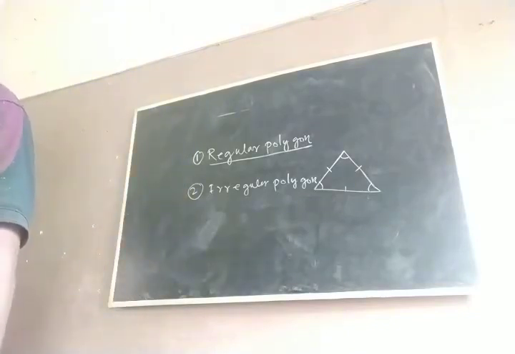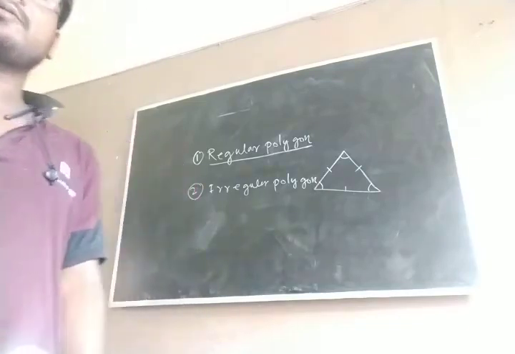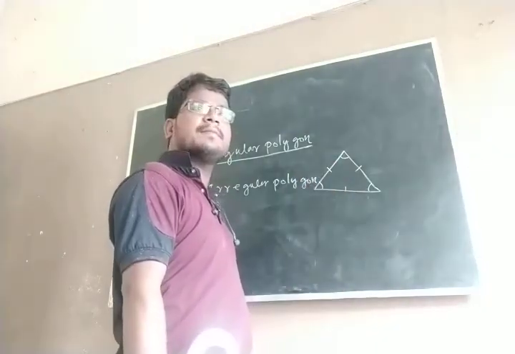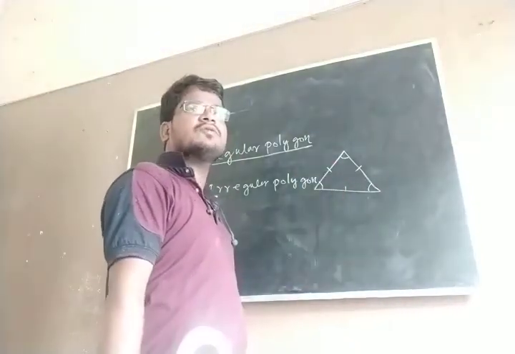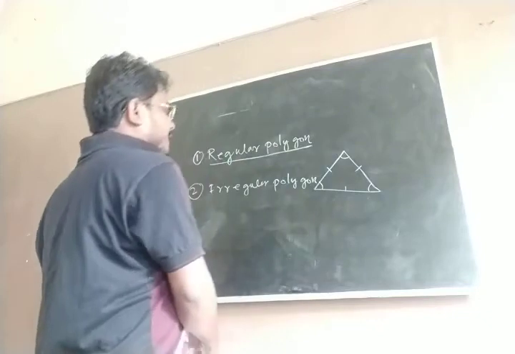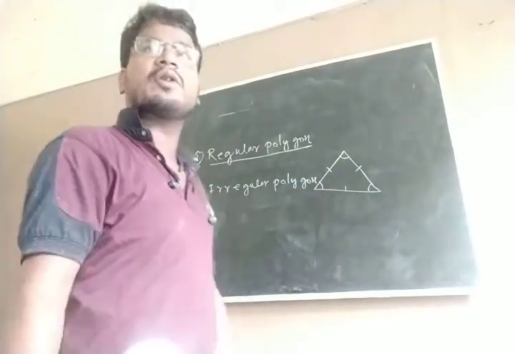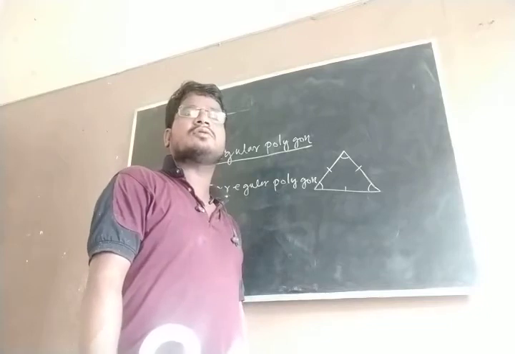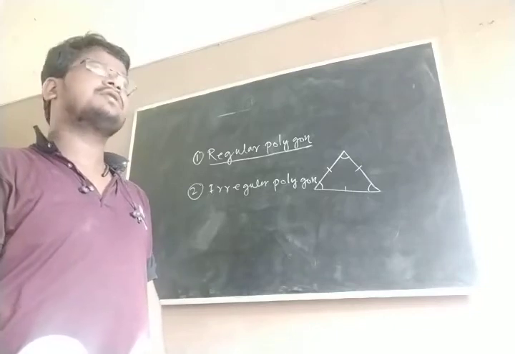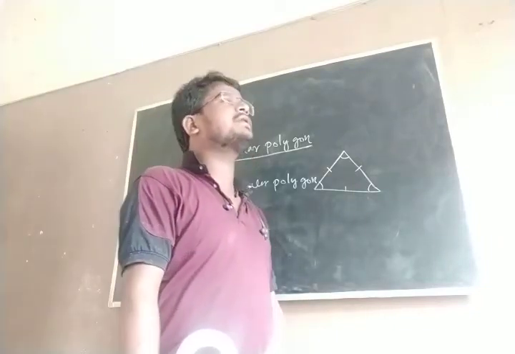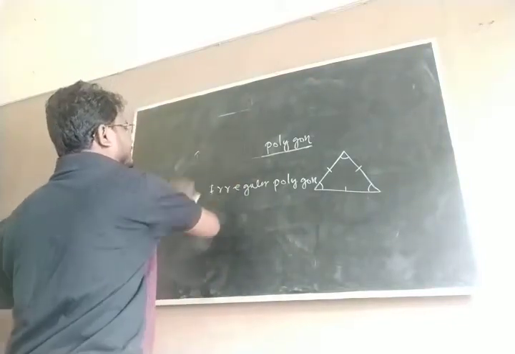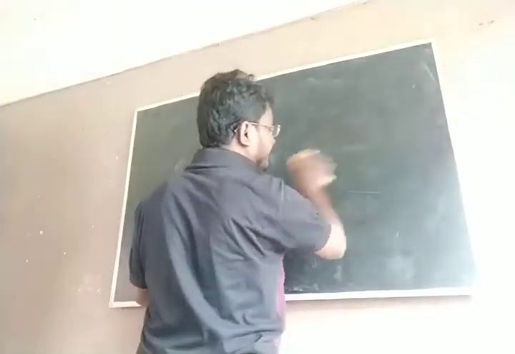Now you have to know the angles and properties of a polygon. This is a triangle. Here how many angles? And what is the sum of these three angles? 180 degrees. So now, if it is given quadrilateral, pentagon, hexagon, septagon, then what will be the angle sum? 360 is only for a quadrilateral, but if the number of sides is greater than 4, then there is a formula to find it.